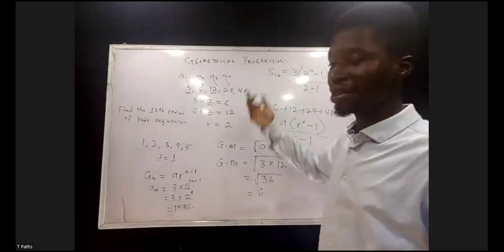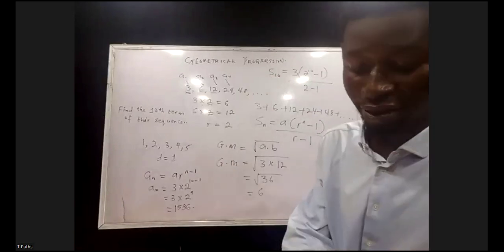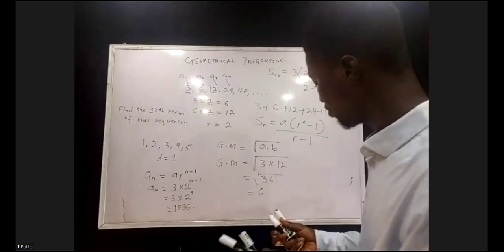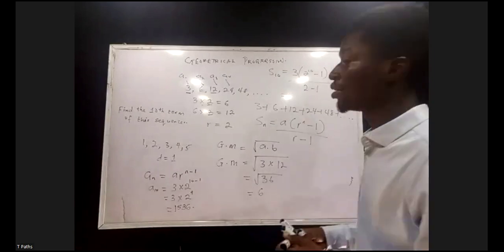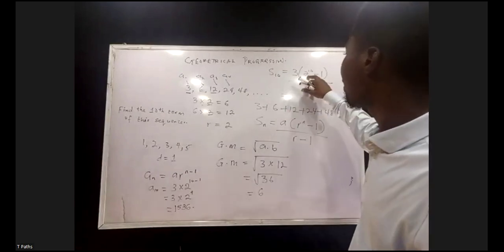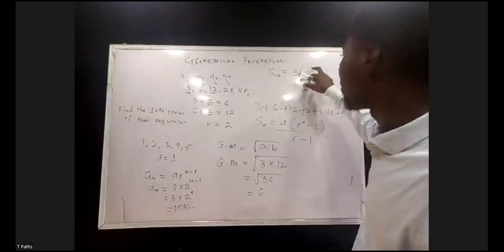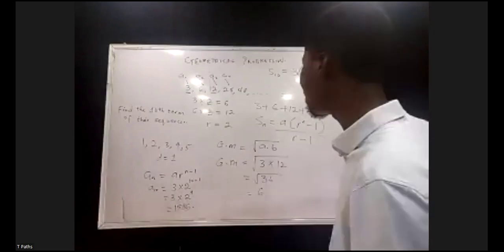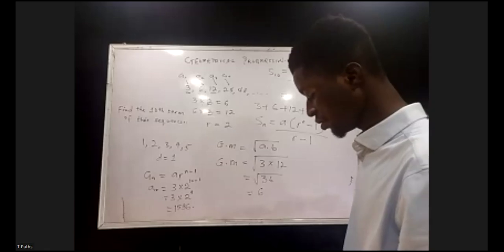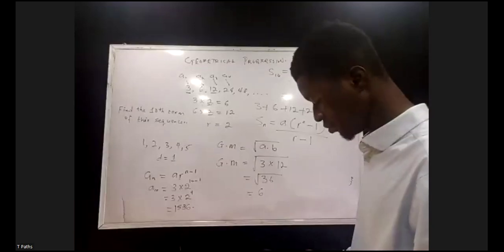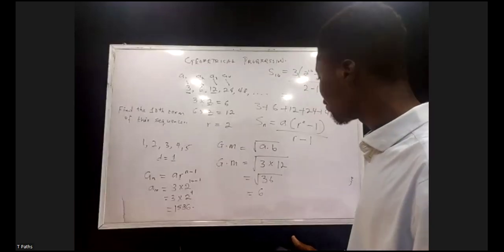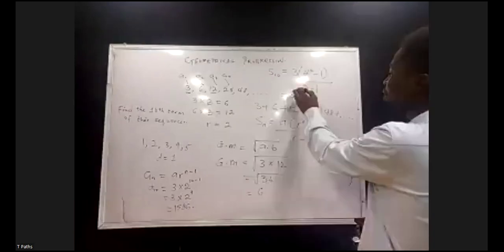So now we have to calculate the sum of the 10th term. We simply write 3 into brackets 2 raised to power 10 minus 1 all over 2 minus 1. Now, what is 2 raised to power 10? Let's do that. We have 1,024. So you simply have 3 into brackets 1,024 minus 1 all over